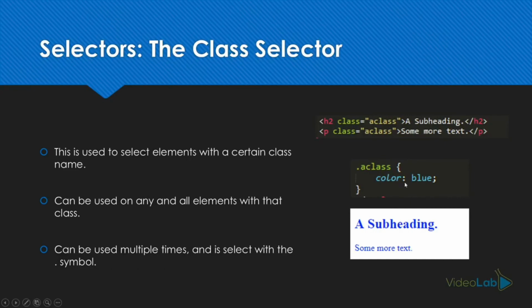So the reason that we use classes over things like element selectors is because you can apply this class to specific items and it's only going to style those specific items. So for example, maybe if you had a subtitle and you only wanted to style that subtitle, you would go through and actually apply that class to your subtitle, your element, whether it's a paragraph or a header, and from there you're going to go through and add it. So there we go. The next